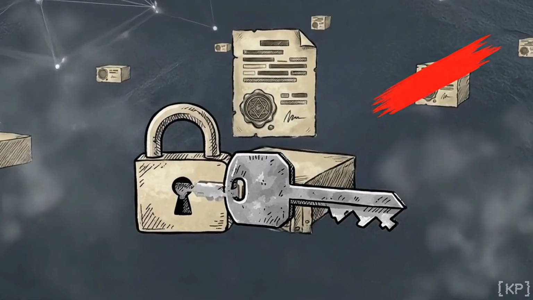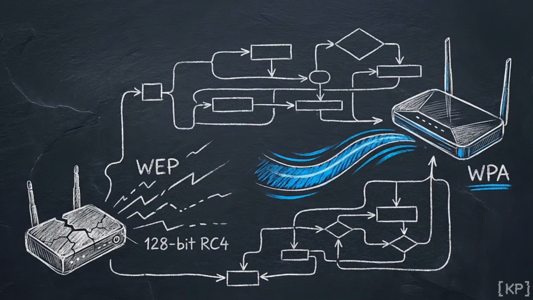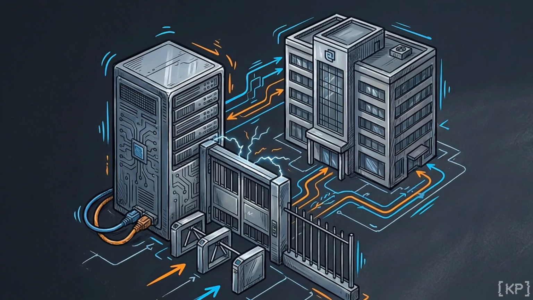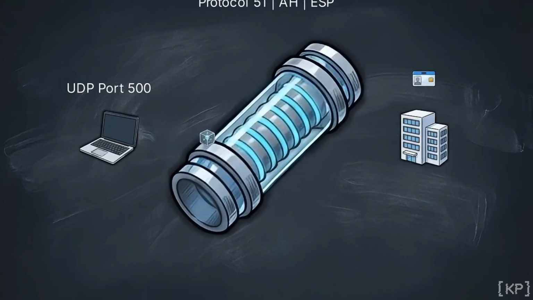These cryptographic layers combine to secure physical network infrastructure. Early Wi-Fi security evolved from WEP to WPA by deploying a 128-bit RC4 cipher. The TKIP protocol patched early flaws by hashing the initialization vector and the secret key, paving the way for WPA Enterprise, which enforces access through a dedicated authentication server. For remote workers, corporate VPNs utilize IPsec to establish secure tunnels. They execute the key exchange over UDP port 500. They secure the payload using Protocol 51, the authentication header, and encapsulating security payload, allowing intrusion detection systems to inspect